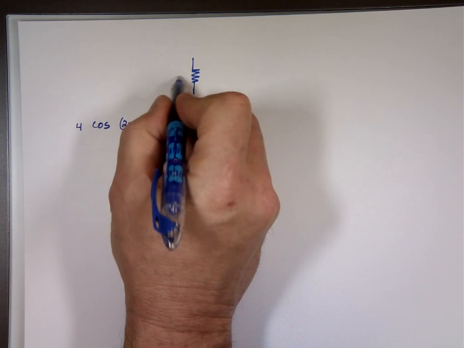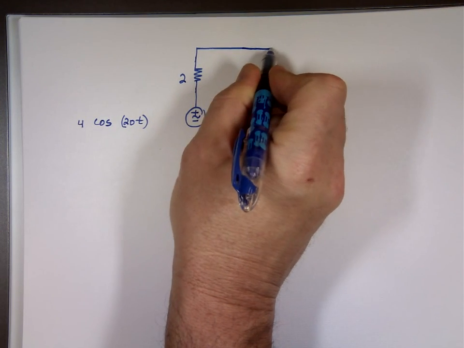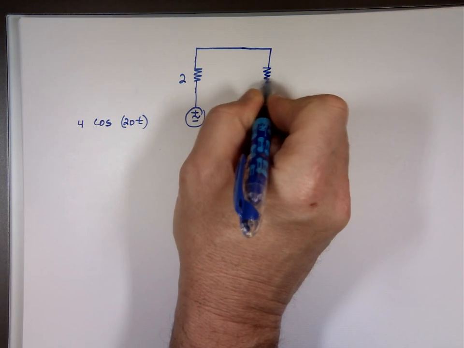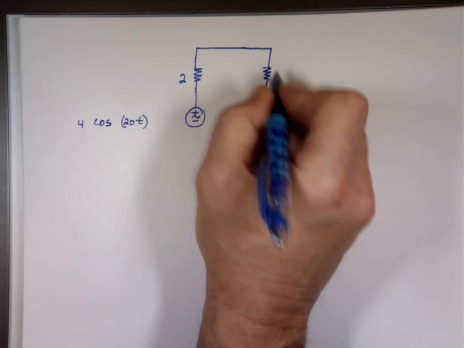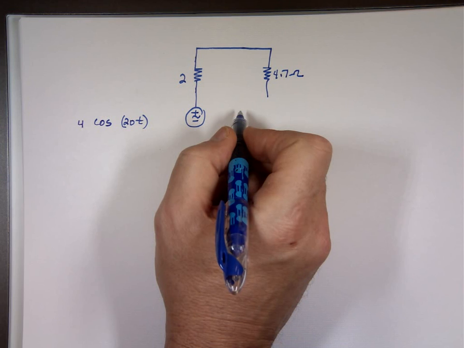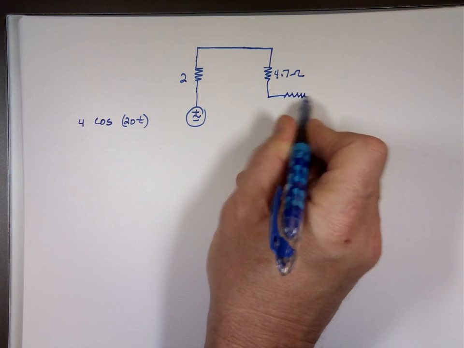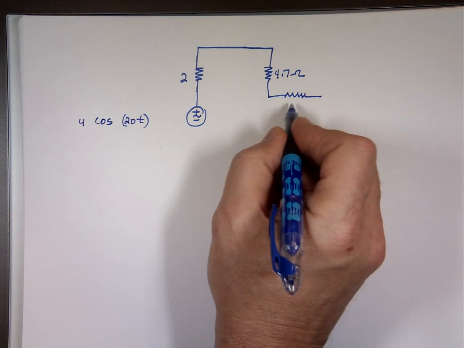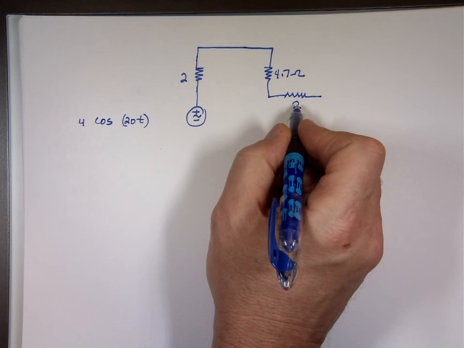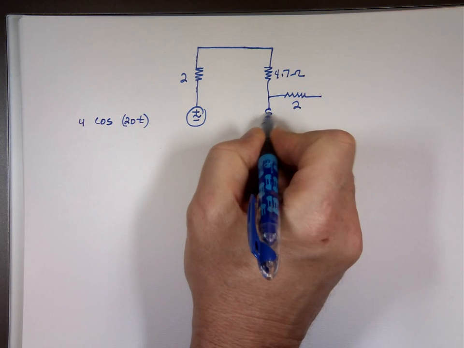This is 2 ohms here. 4.7 ohm, two ohms, 100 millihenry, which is 0.1 Henry,